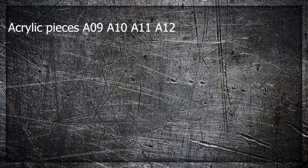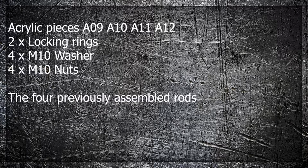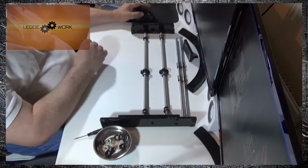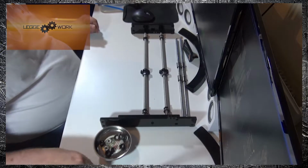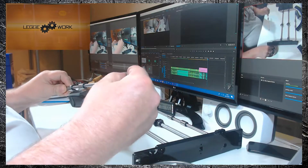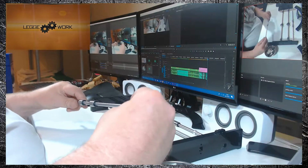For the next stage you'll need acrylic pieces A09, A10, A11 and A12, 2 times locking rings, 4 times M10 washers, 4 times M10 nuts, and the 4 previously assembled rods. Okay, so we now have the parts that we need spread out in front of us. The first thing we need to do is place a locking ring on one end of the smooth rods, like so,